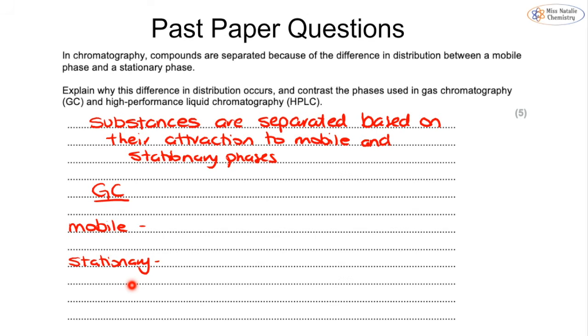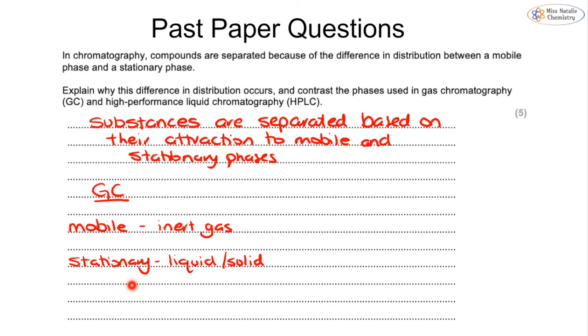GC, the mobile phase, is an inert gas, and you could name a specific gas if you wanted to. You could say nitrogen or helium or argon. And the stationary phase tends to be a liquid or a solid for GC that's within that